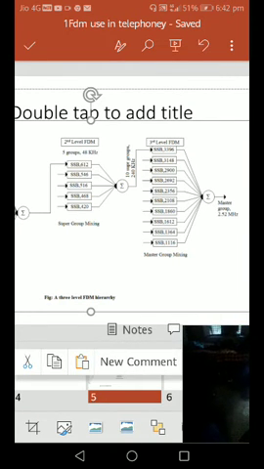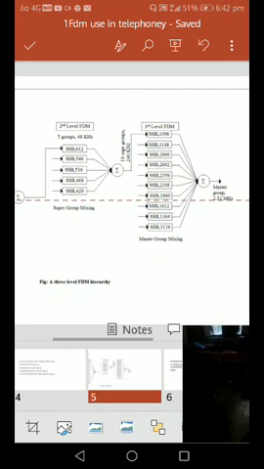Super group is mixing, and 10 super groups. Total bandwidth 240 kilohertz, and master group is